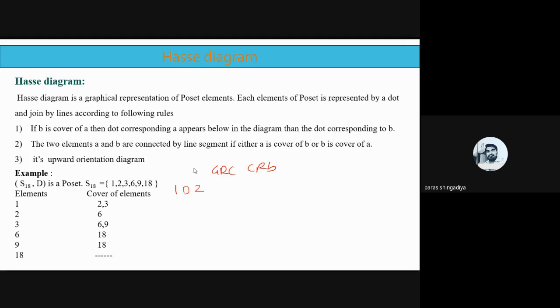Then next number is 3. So 3 is also a cover element of 1, because the first condition, 1 divides 3, is true. Now the second condition is the value of C. So in between 1 and 3, which value is there? A 2. We cannot consider 2 as the counter example of C. Why? Because if we consider it, then we have to check the condition A R C and C R B. So A is 1, C is 2, and 2 divides 3.